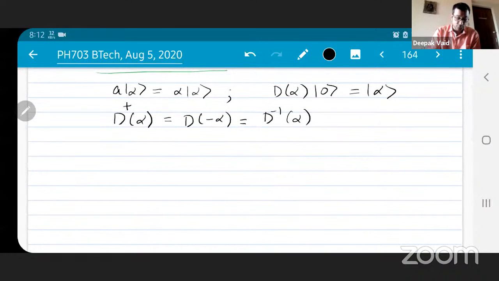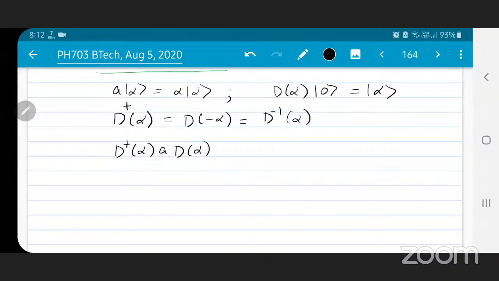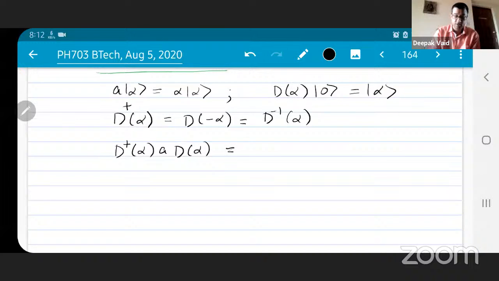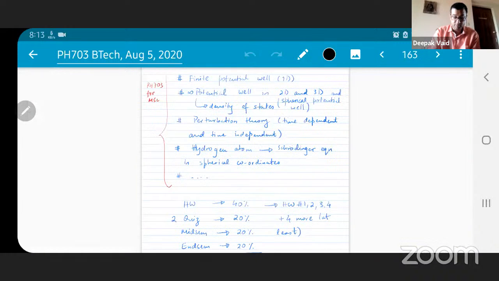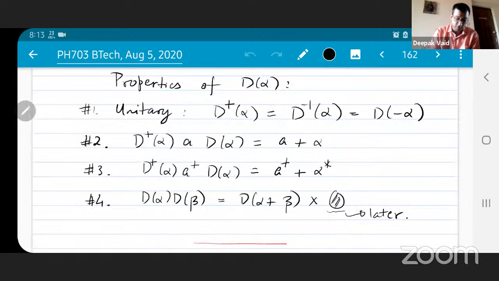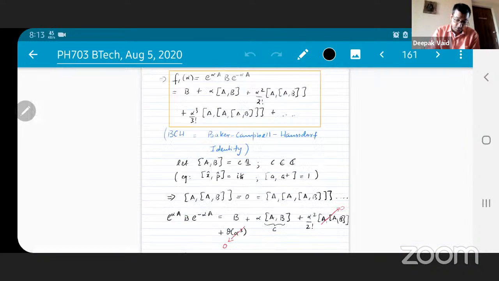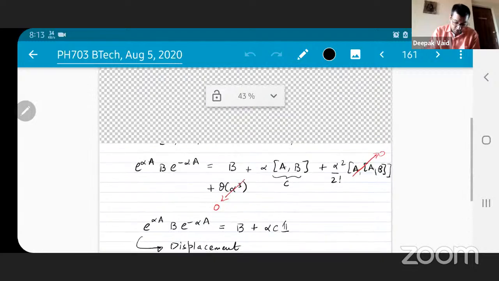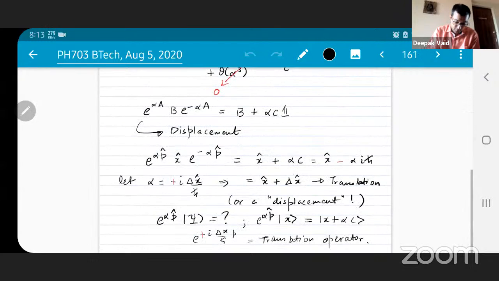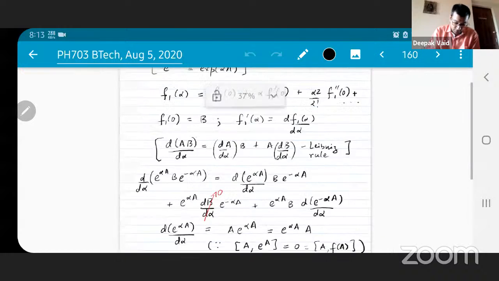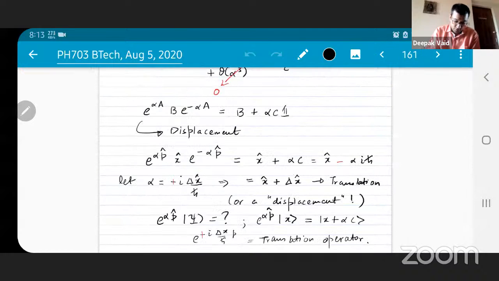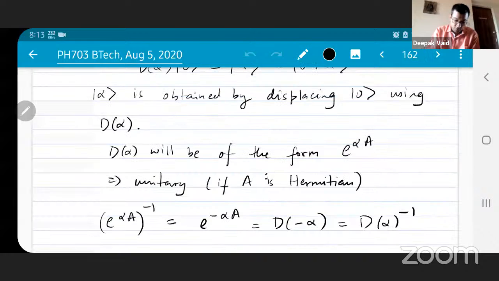And also it has the effect of, when you transform the annihilation operator, shifting the annihilation operator by an amount alpha. So this was what we had talked about yesterday. So I think I showed this fact. Did I show this? No, I don't think I have. Okay, so today